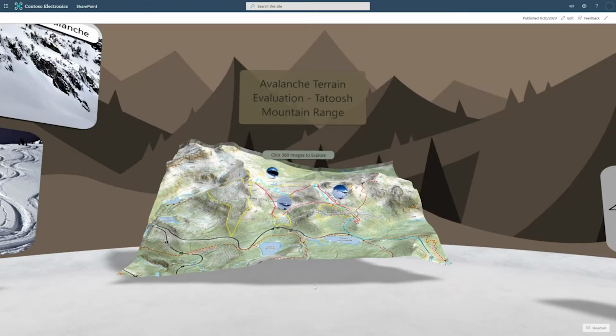All right, so now let's learn a little bit about avalanches in the context of SharePoint Spaces. So I want to kind of take you back a little bit and think through what this might mean to your organization as an enterprise. The mountains in this instance that we will visit in order to learn a little bit about avalanches could represent a facility, production, warehouse, et cetera, that many of your employees may not be able to access at any given time,